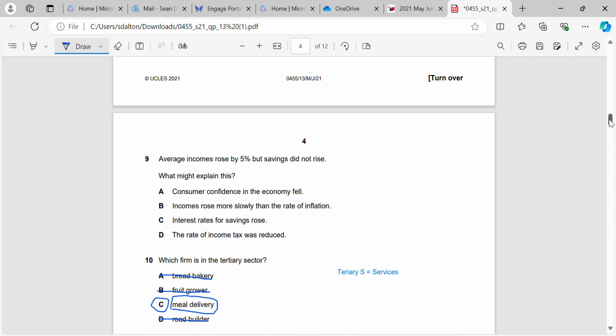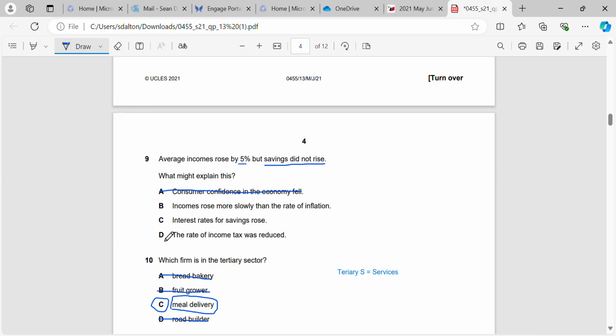Okay, question 9. Average incomes rose by 5%, but savings did not rise. What might explain this? Okay, so consumer confidence in the economy fell. That's not going to explain it, because why would that explain why average incomes went up by 5% but savings did not rise? It wouldn't. If they had more confidence in the economy, they're more likely to spend the extra income that they have. If the confidence in the economy fell, savings would rise as their incomes grow, because they would start to spend